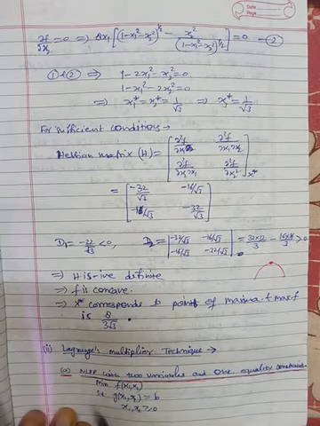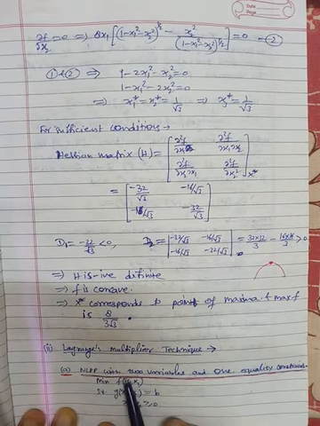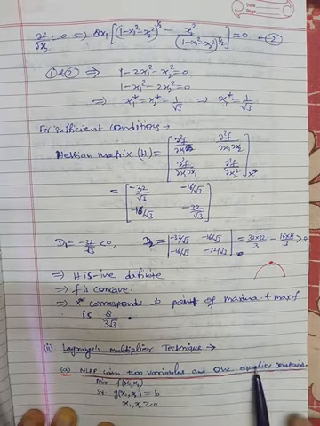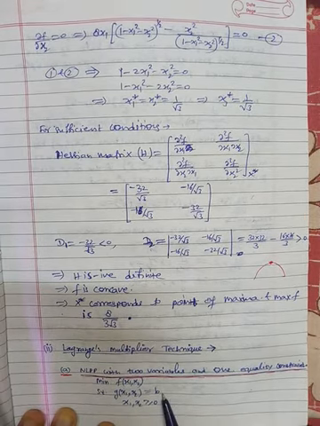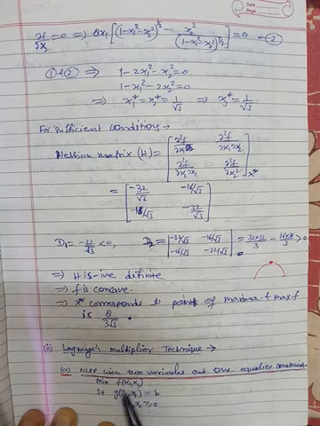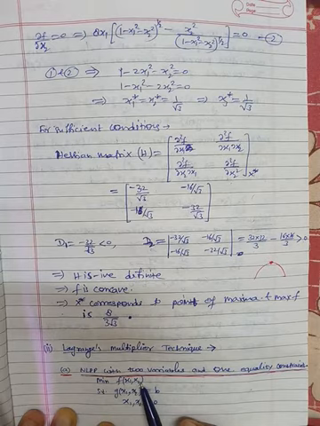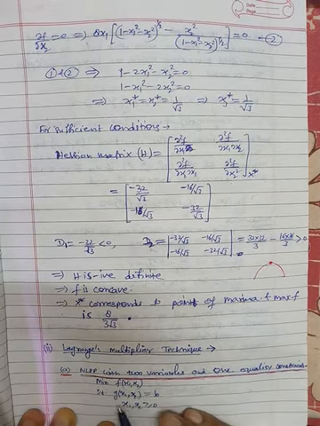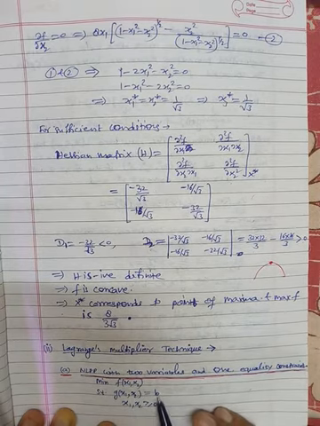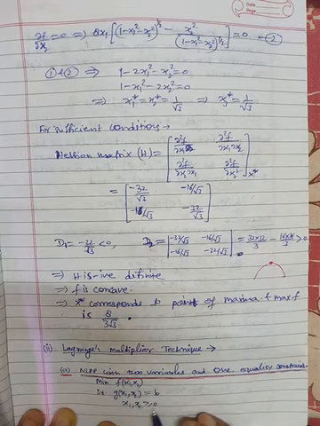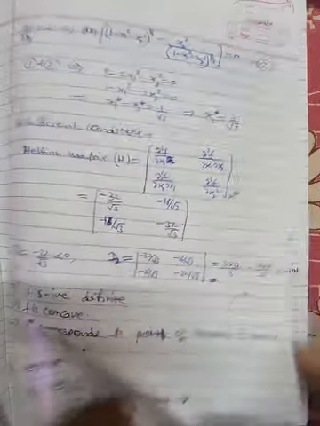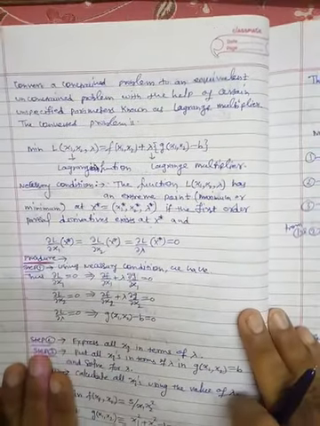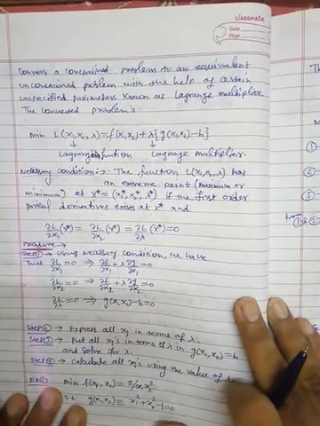Fine. So let's see. Suppose we have an NLPP with two variables and one equality constraint. Only one equality constraint is there and the problem is two dimensional. So minimize the objective function f of x1, x2 subject to the constraint g of x1, x2 equals b, where x1, x2 are greater than or equal to zero, that is, they are positive. Our target is to convert this problem into an unconstrained one, and for this we will